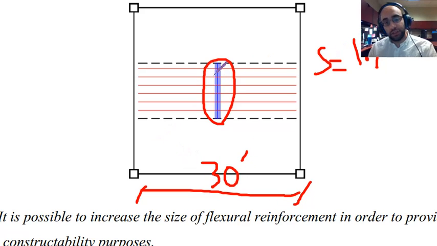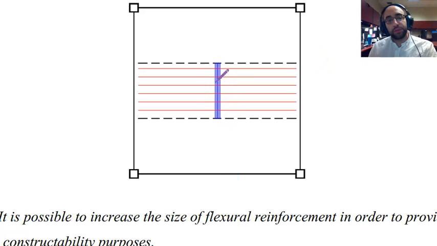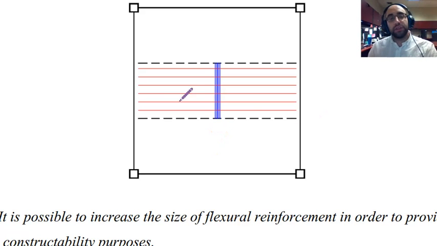That's why 1.7 inches is this small, but these are the flexural reinforcement, and these should be in the whole length or in the whole portion of the slab. I just showed them in one section in 12 inches, but it should be in the whole slab, and these red bars are the shrinkage reinforcement,